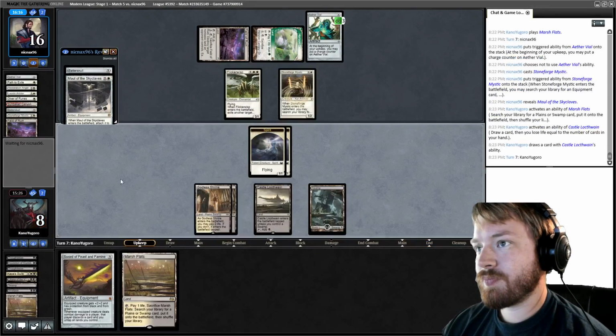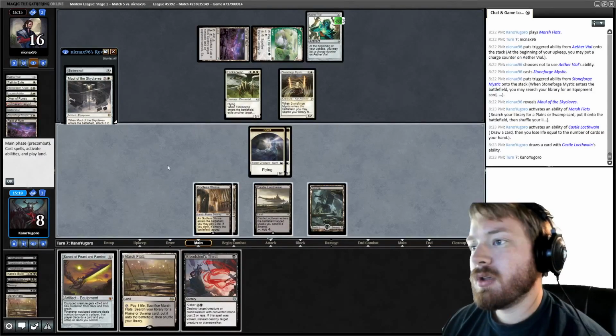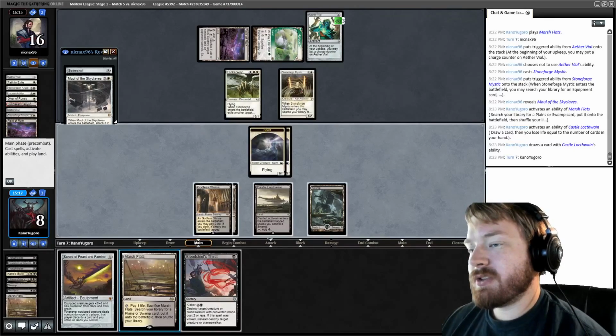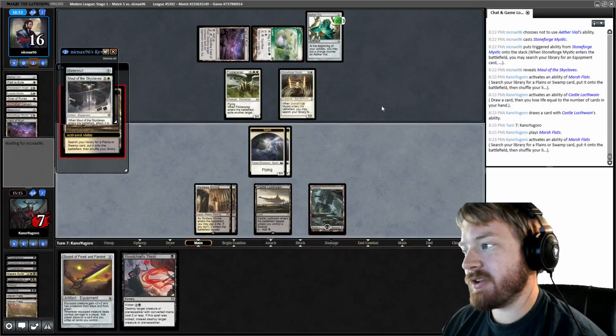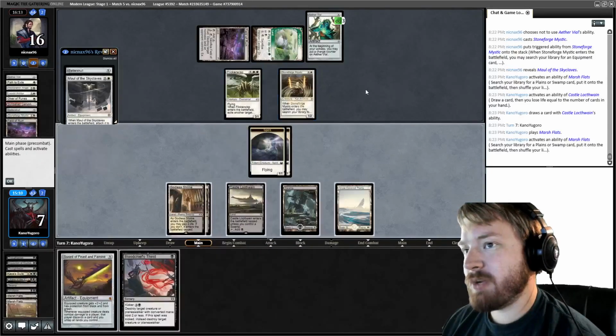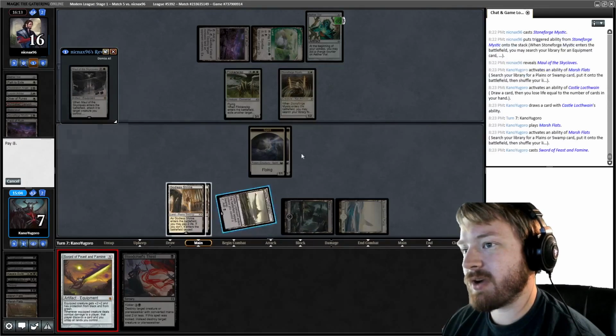Okay. We draw Bloodchief's Thirst. The sword play is still high value. Highest value, I should say. If my opponent has a Skyclave Apparition in their hand in addition to a Maul of the Skyclaves, we're probably just going to get wrecked here, but...